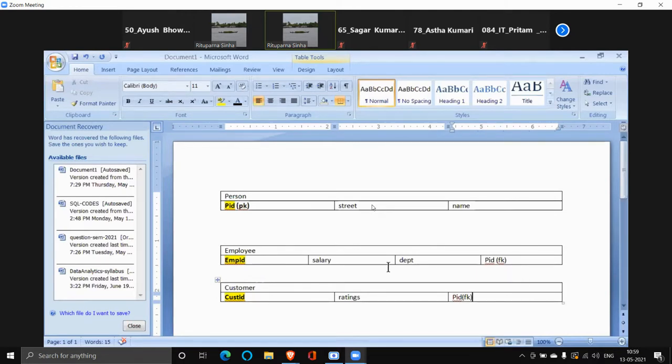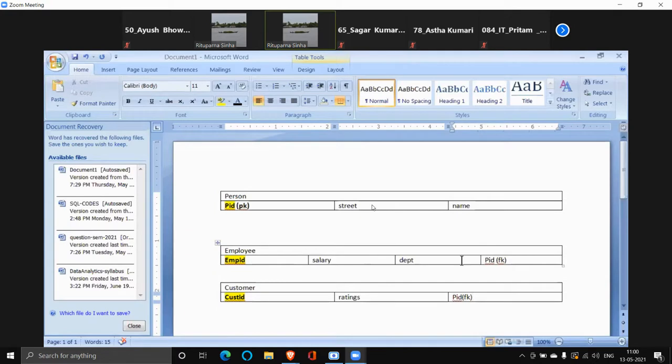The advantage is wherever these two PIDs match, I will take the street and name. And I'm not keeping these attributes in the table itself. Instead, these are common attributes belonging to employee and customer, so I've made a separate table and kept them.